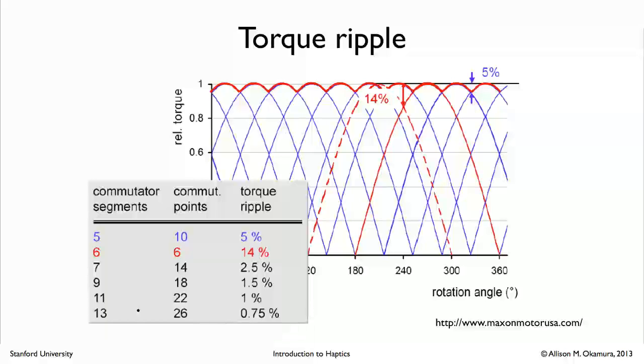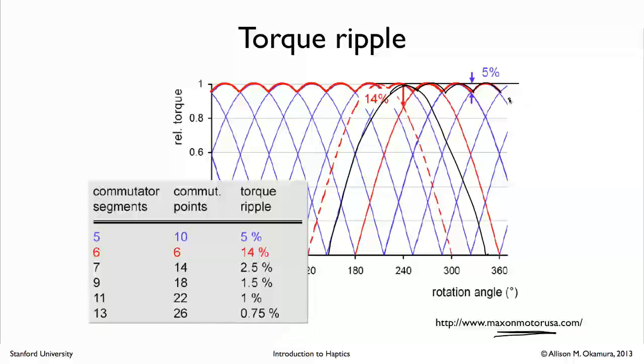So this slide shows this torque ripple I mentioned in a little bit more detail. The idea being that each one of these bands here, represented for a Maxon motor, which is the kind of motor that we're using in our HAP kit, each one of these lines represents the torque that's generated by one of the conductors. And if you have lots of conductors, the idea is that the torque that you get on the output is a kind of ripple that rides on top of all of these different conductors